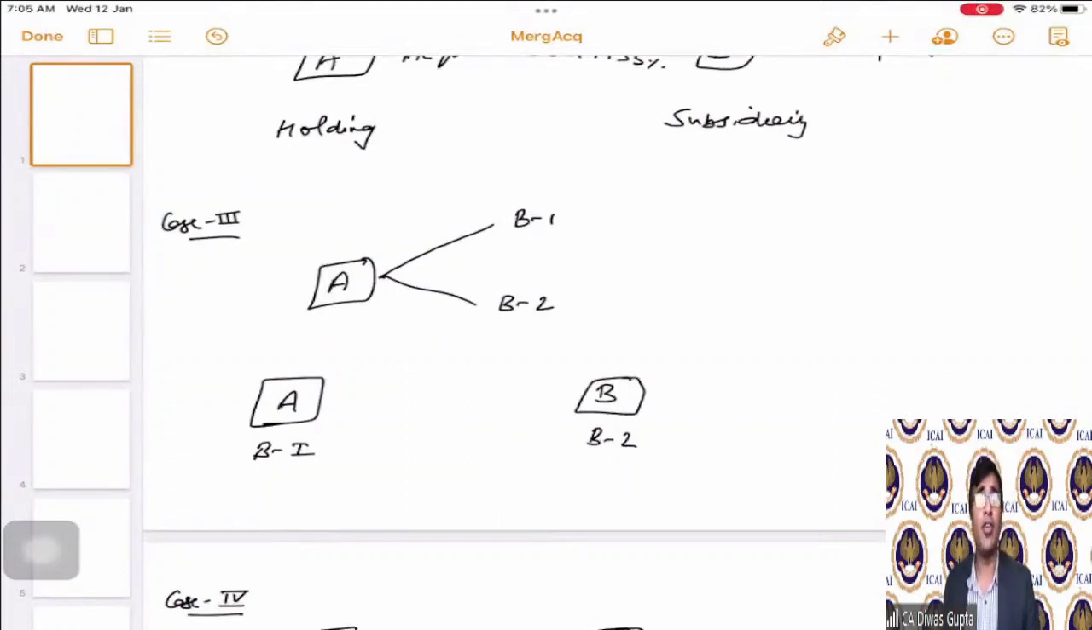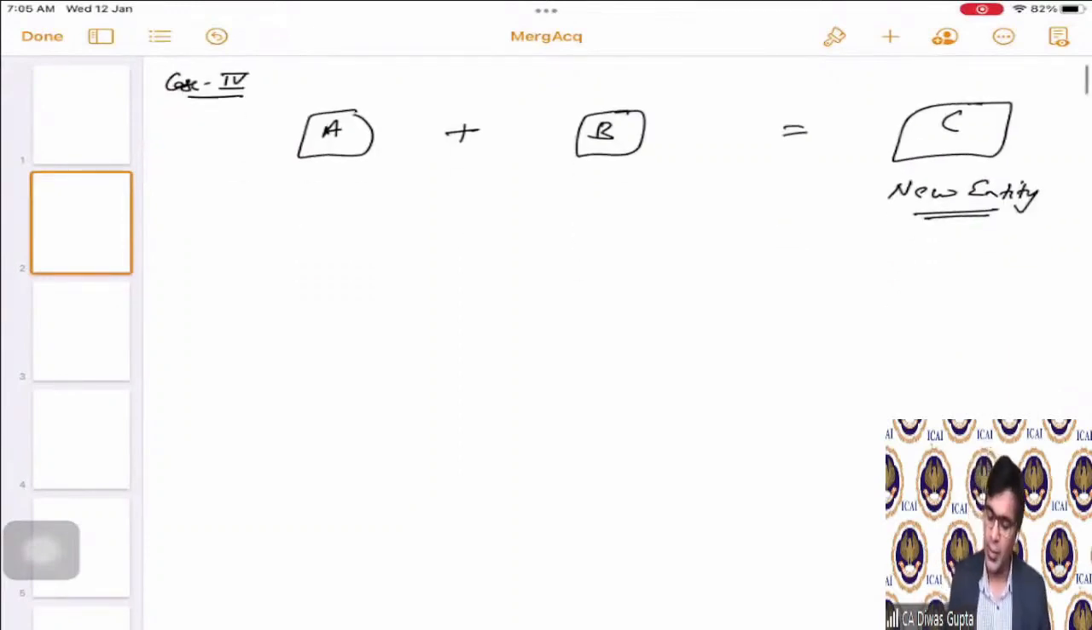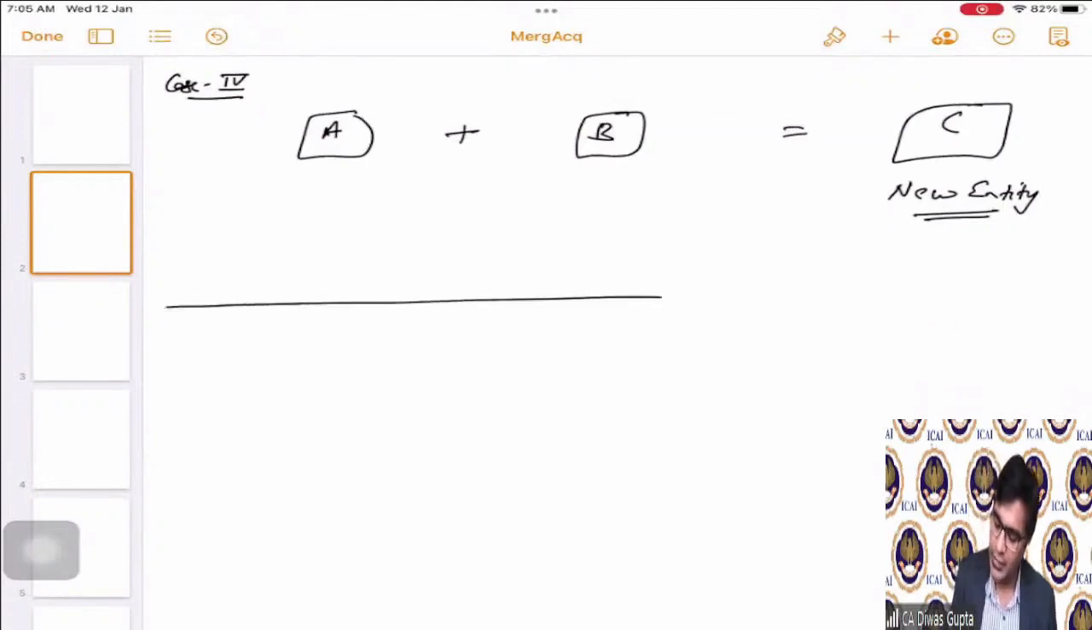Case number three is a case of hive-off demerger, in which one of the businesses is separated out and put under a separate company. And case number four is both of them get merged and dissolved with a new company coming in place called C Limited. Now, students, please note that in our curriculum,